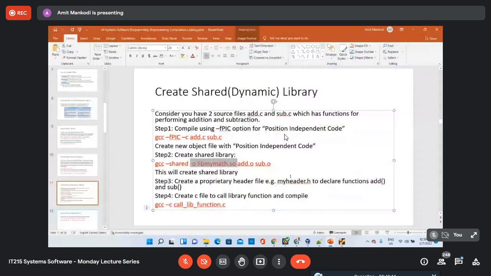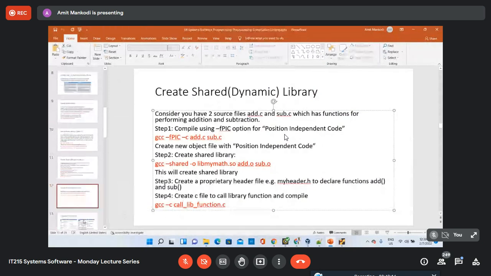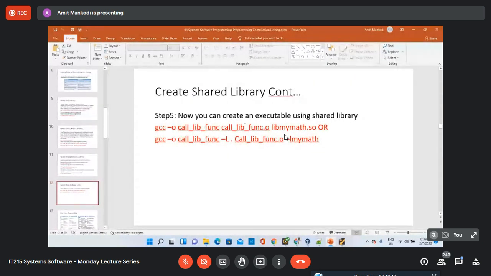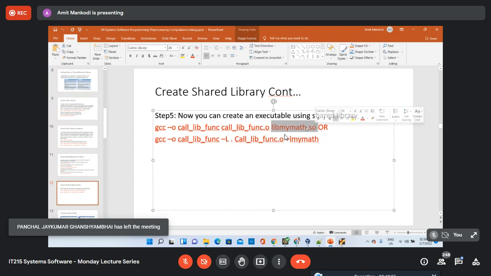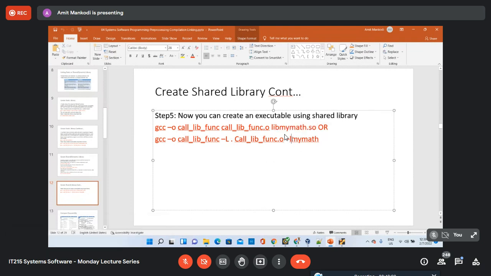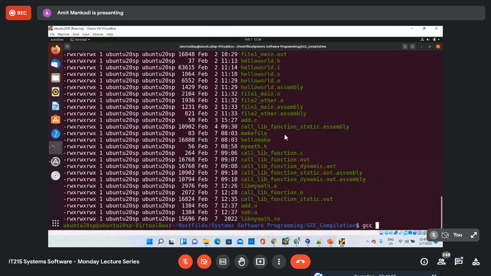Okay. And in order to do that, the steps are pretty much the same. Whatever we did for the static library, similar thing we can do for the dynamic library also. There is no difference there, except providing the .so file here, right? Or if you want to search for the dynamic library, then you can just provide this lowercase -l switch. Now in this case, I think we can even use this format, because first it looks for the dynamic library file and it links it. If it doesn't find the dynamic library file, then only it links the static library. So we can even use this format in this particular case, but just to be safe, I'm going to use this particular format to create an executable file.